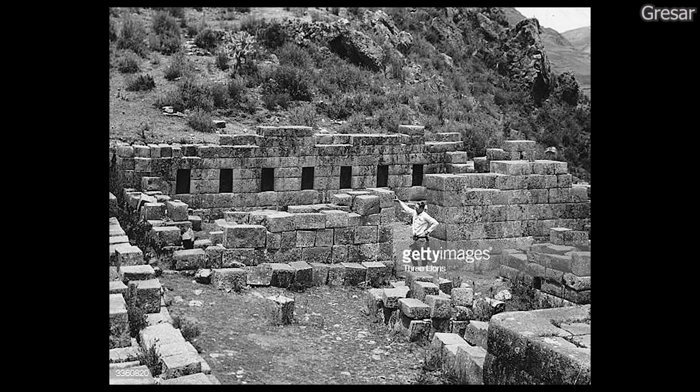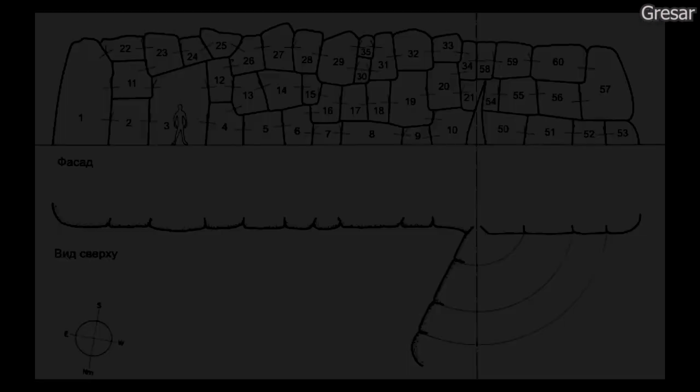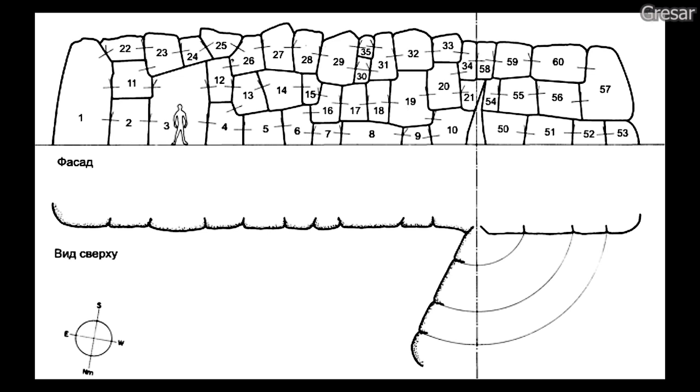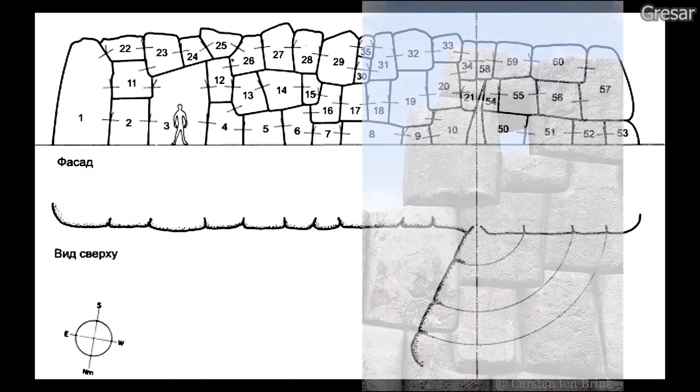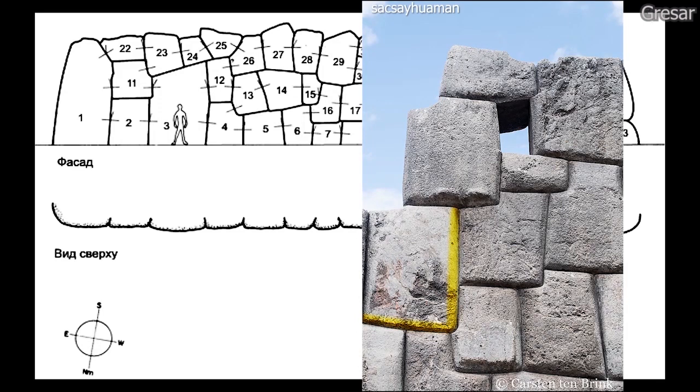Attempts to determine the sequence of laying polygonal blocks have been made repeatedly. One of the most well-known was made almost 40 years ago by Jean-Pierre Protzen. The laying scheme he proposed is based on considering wedge-shaped blocks and joints he calls horizontal and lateral seams. In our terminology, this is a type of receiving profile whose configuration resembles the letter L.